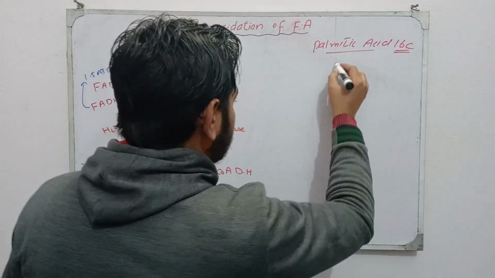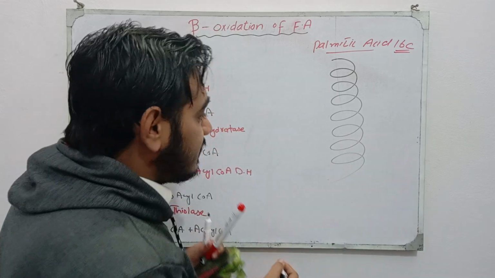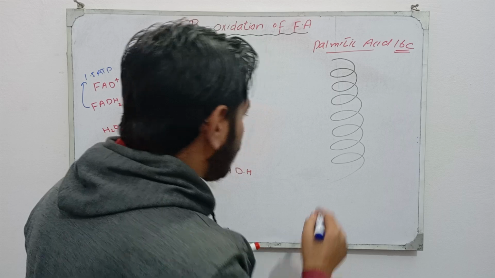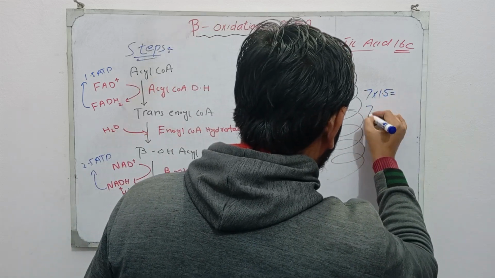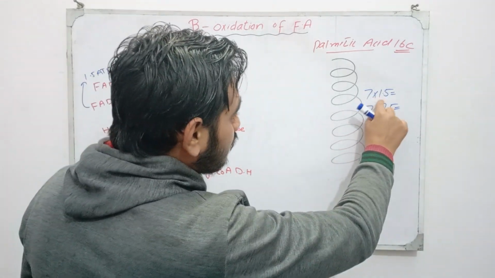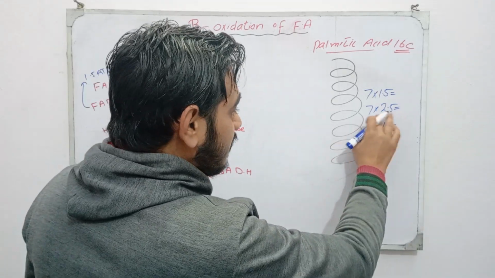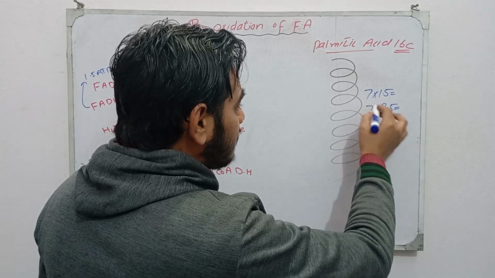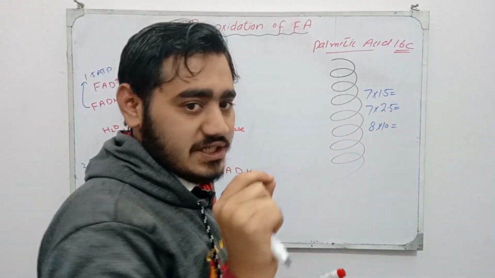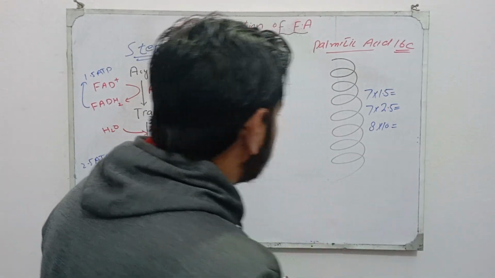it undergoes 7 cycles of beta oxidation. There is a production of 7 molecules of NADH and H plus. We know that NADH and H plus in electron transport gives 2.5 ATP. Here, as I write, 7 cross 2.5. Also, there is production of 7 molecules of FADH2 and 8 molecules of acetyl CoA. Okay students. So, coming to the production of energy,